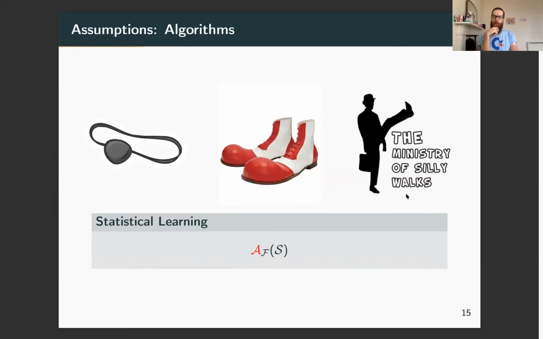You can think about that like putting an eye patch on your algorithm so that it just doesn't see certain parts. And then we know, especially with deep learning, that what we're looking for is these big shallow minima. We often find them by, for example, doing stochastic gradient descent. One way of thinking about that is like you put really big clown shoes on your algorithm, so it simply doesn't fall down into the small minima. It simply cannot walk in there. And then we end up adding things like early restarts, and we do annealing schemes and so forth. Now this is starting to look like Monty Python's Ministry of Silly Walks.